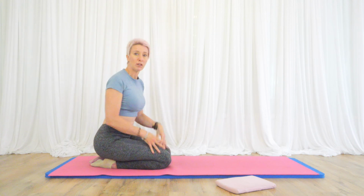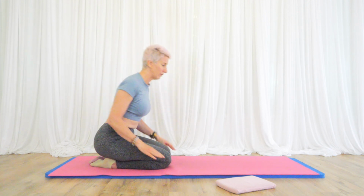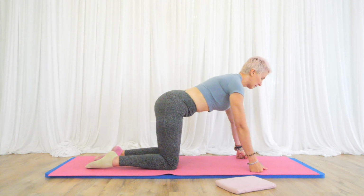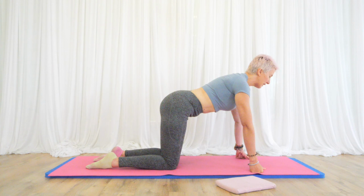So, on all fours again. You can be on your elbows if your wrists have had enough, or if they need a little break. And then, knees under hips, wrists and elbows under shoulders. Tummy is pulled in. We're going to weight shift again. So put the weight into your left hand